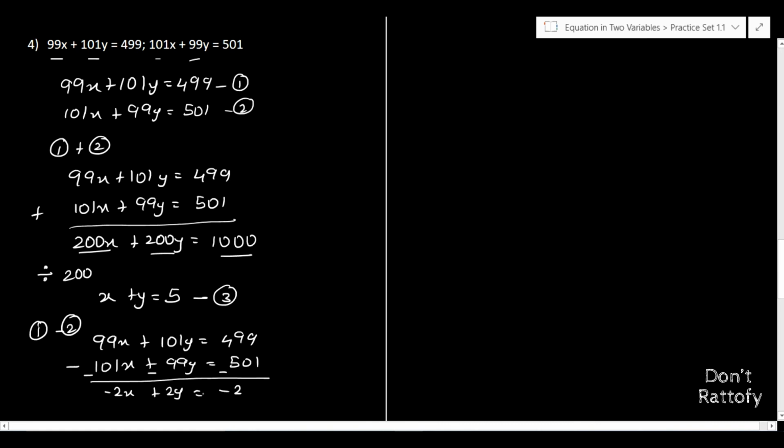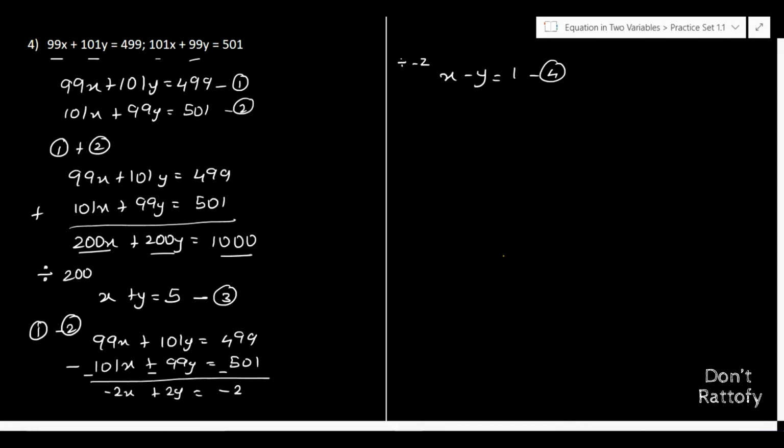I want to solve the sums in a different way. So what I'm going to do is I will multiply the equation by, or I'm going to divide the equation by minus 2. Okay, if I divide the equation by minus 2, I'll have x minus y is equal to 1, and this is my equation 4. Now here you can see I have x plus y is equal to 5 in equation 3 and I have x minus y is equal to 1 in equation 4. We are going to use these two equations and solve by elimination method.